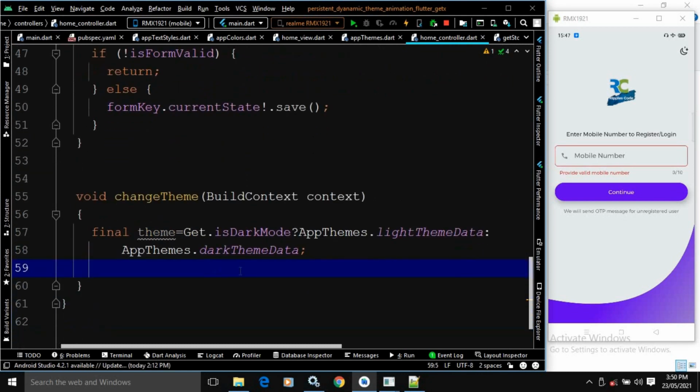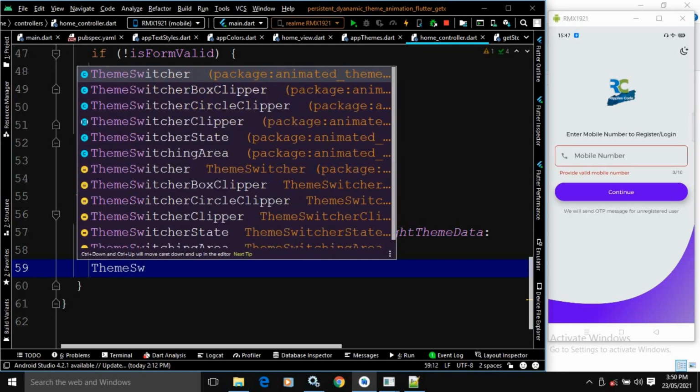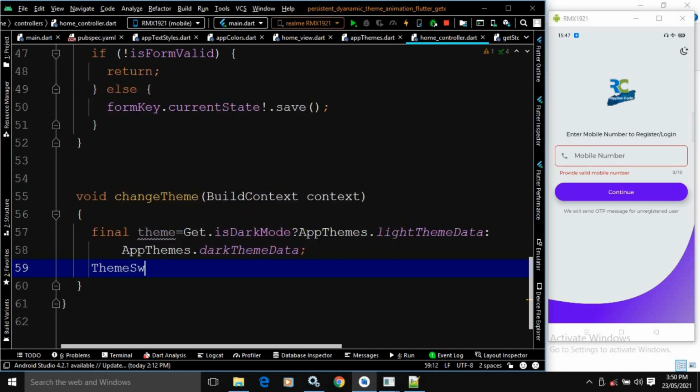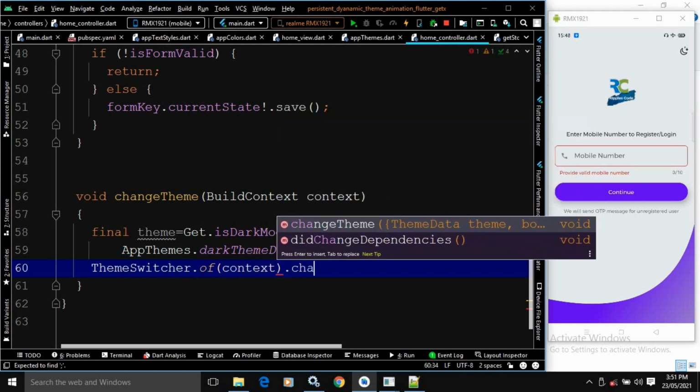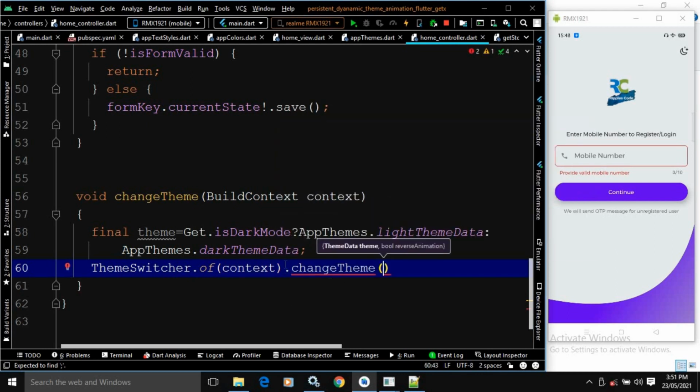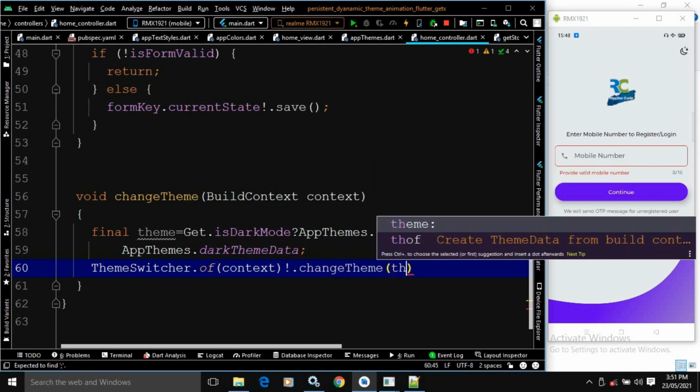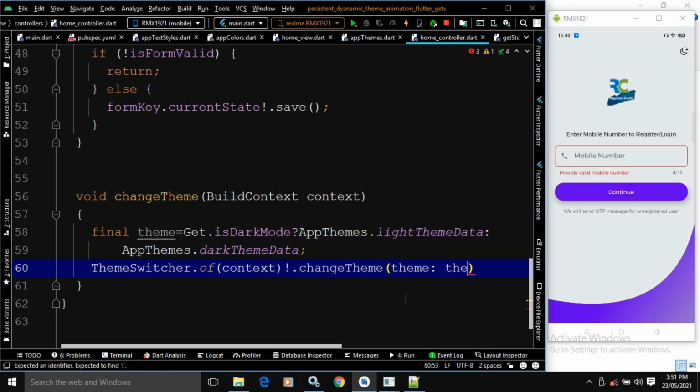After that I will use ThemeSwitcher, which is provided by that particular package animated theme switcher. Here I will write ThemeSwitcher dot of context dot changeTheme. I will use the not null operator, changeTheme, and I will pass the theme which I have created here.